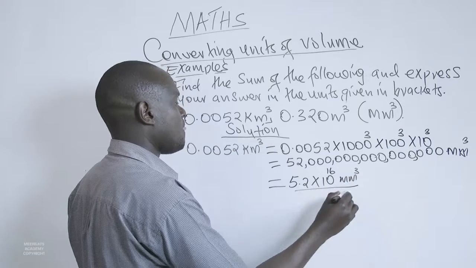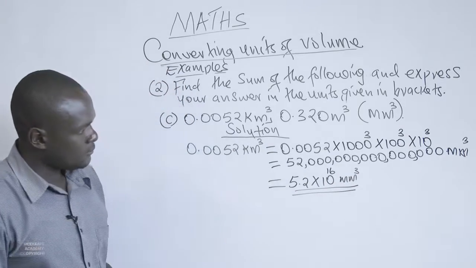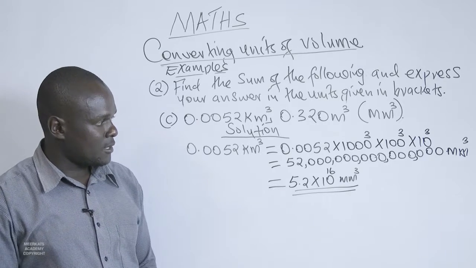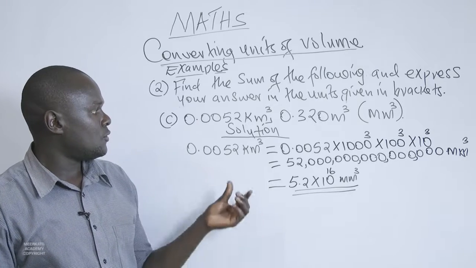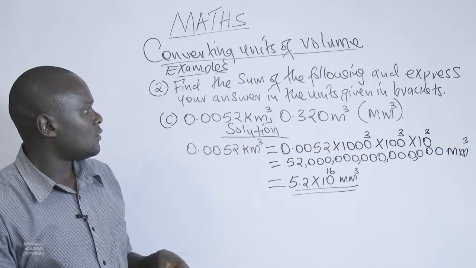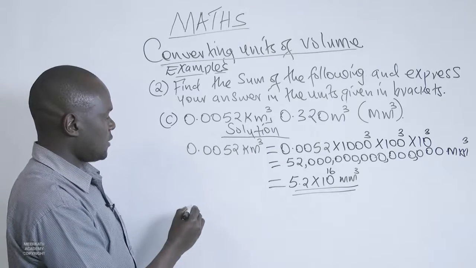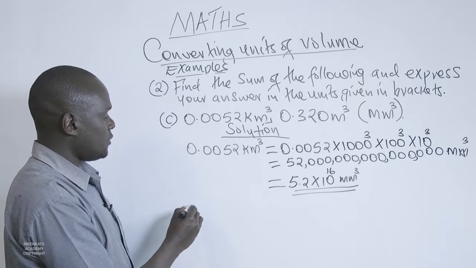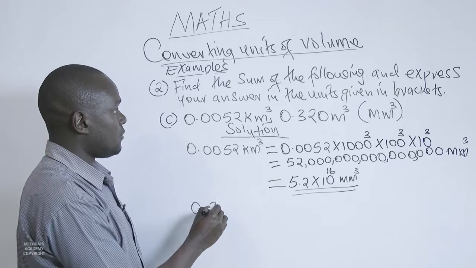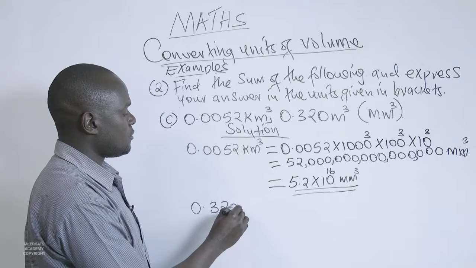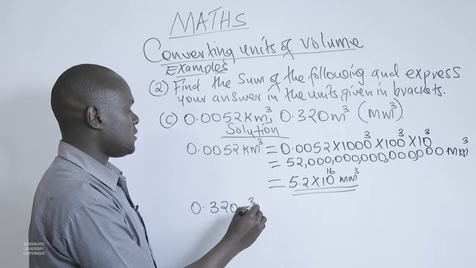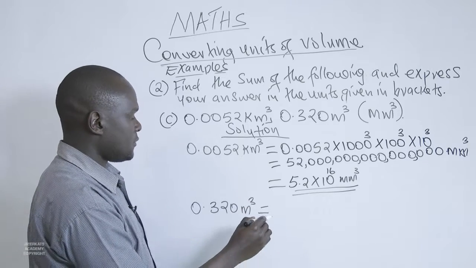So this number is a bit short. So we have converted this. We now move on and convert the second bit, which is 0.320 cubic millimeters. This will be the same as